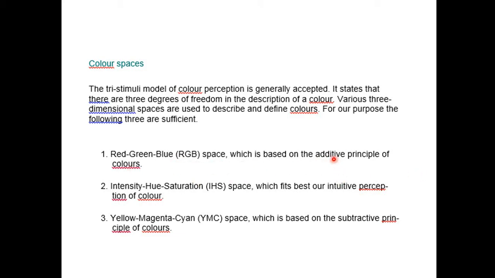Additive principle means the overlapping or percentage reflection of red, green and blue colors. Second is intensity, hue and saturation, which best fits the perception of colors, how perfectly we perceive the colors. The third is yellow, magenta and cyan space, which is based on subtractive principles.